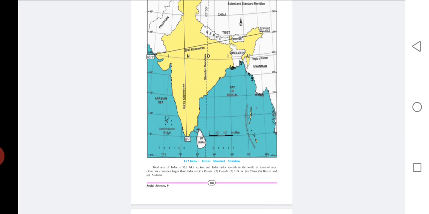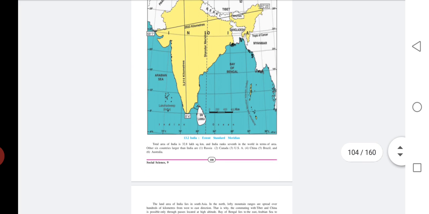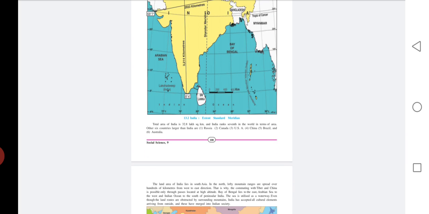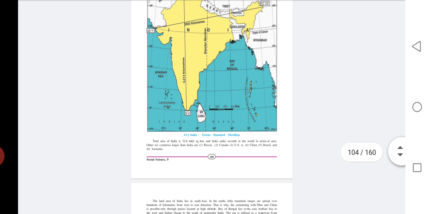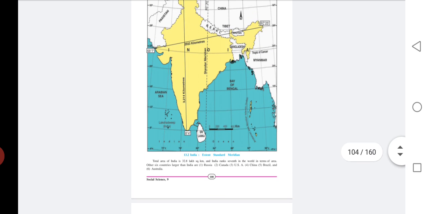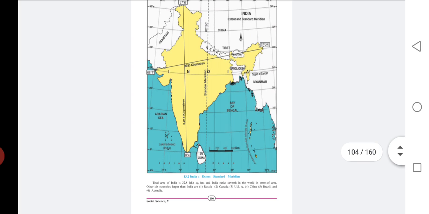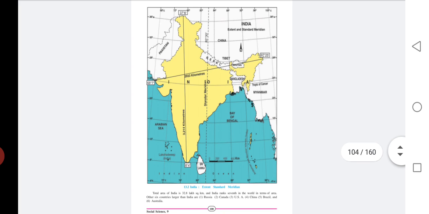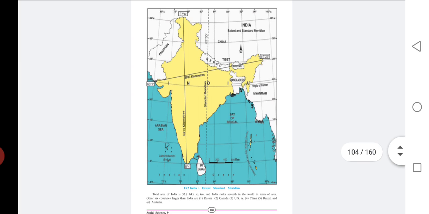Okay, Indian map, right? On your screen. Answer this. No screen. Okay. Do you have a textbook with you? Okay. Then do one favor. Please open page number 100. Open 100. Have you? Okay. Fine. So, see the map.